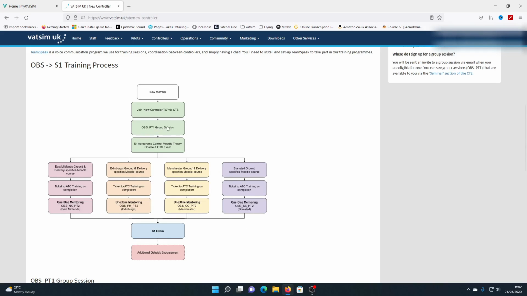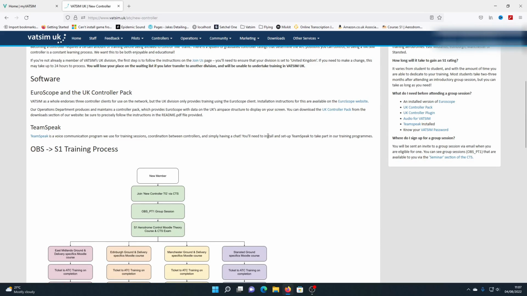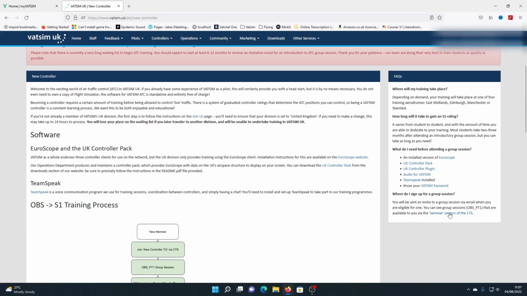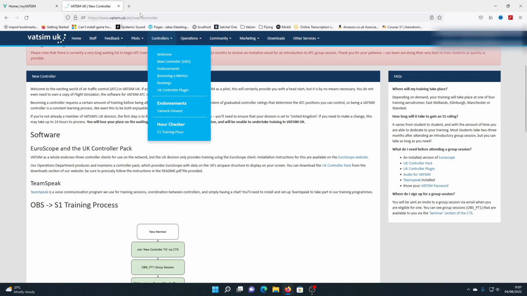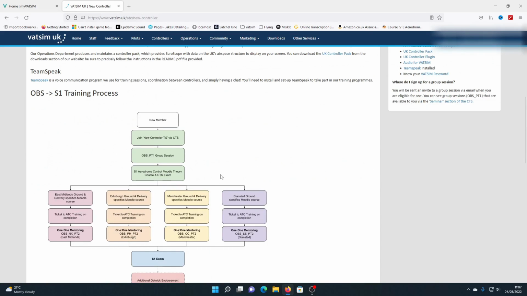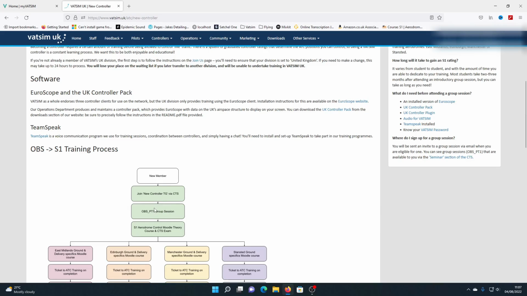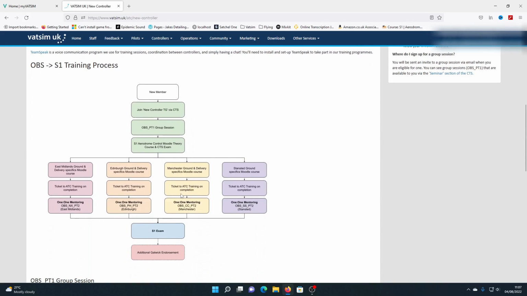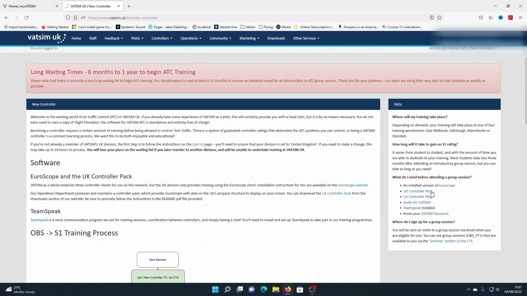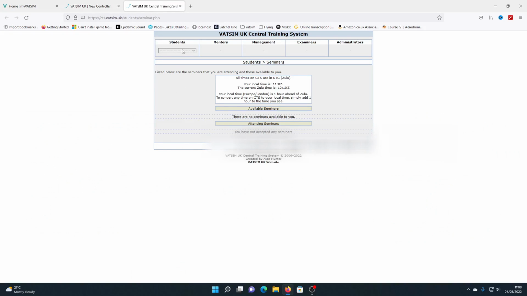So to attend a group session, basically you need to sign up in the CTS, which I just showed you how to do a second ago, but also that will take a long time, as you can see. So if you want to get your shot at trying to get into a group session earlier, there is something you can do. So going back over to the seminar section of the CTS, or just the CTS in general,